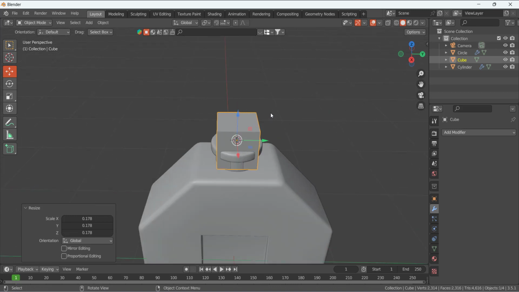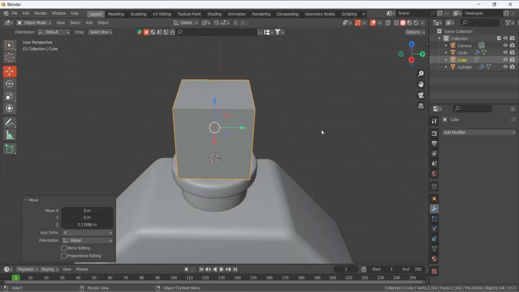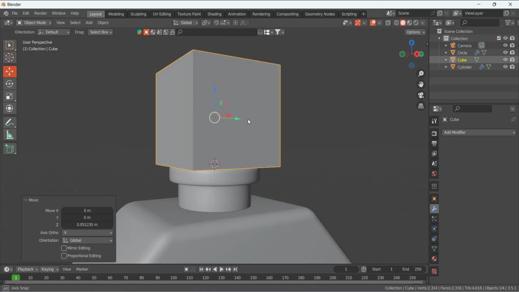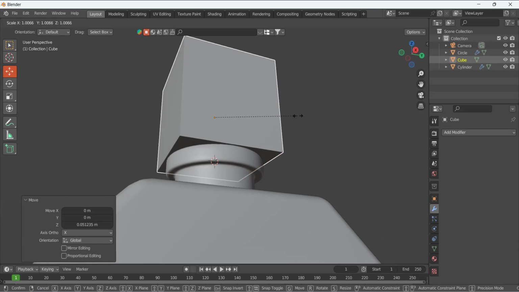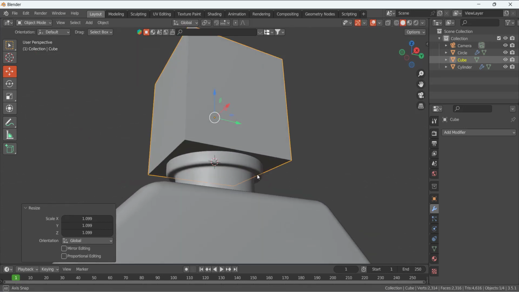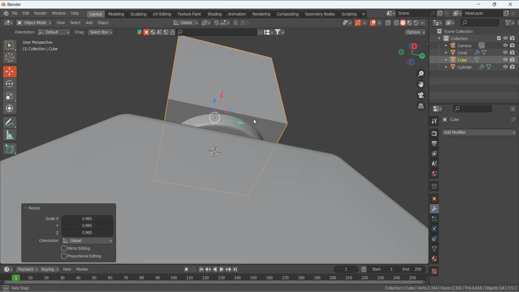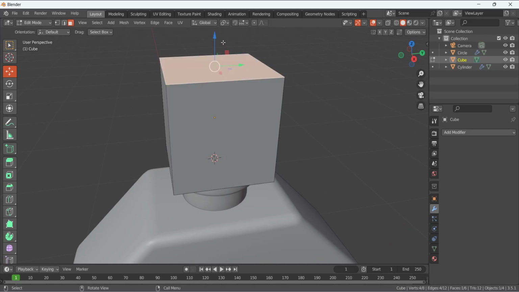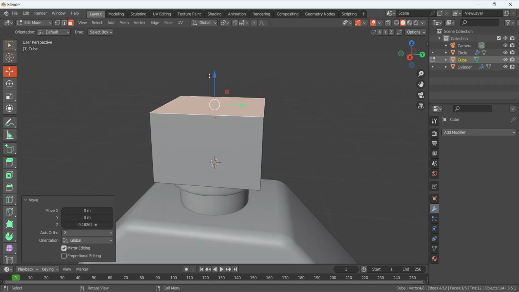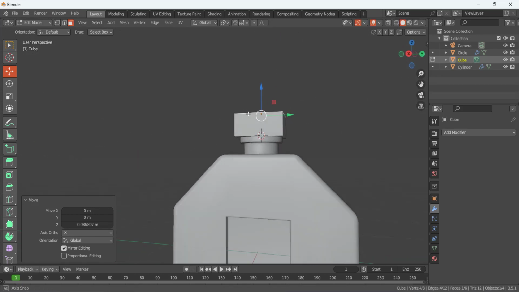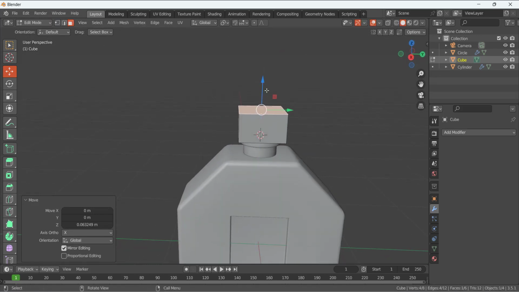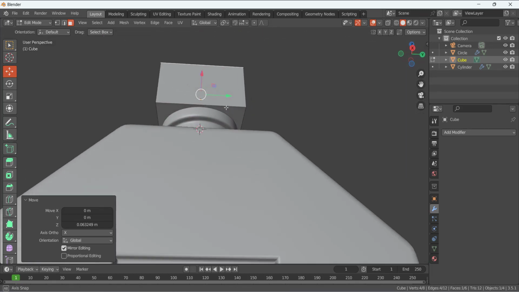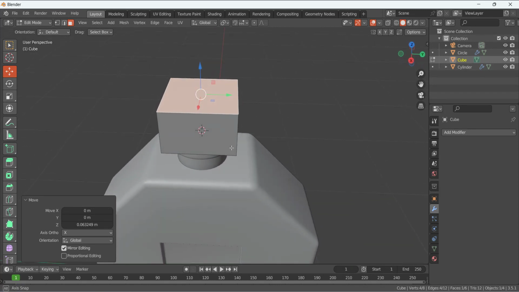So like that, make this cube, move it like that. It's looking good, but its height is, press 3, select this face and move it like that. So this will be the lid of this perfume bottle. It is a very simple bottle, so these parts are not visible, so that's why I'm not going to add the geometry inside